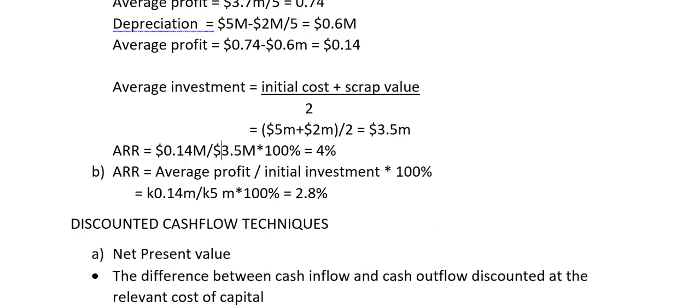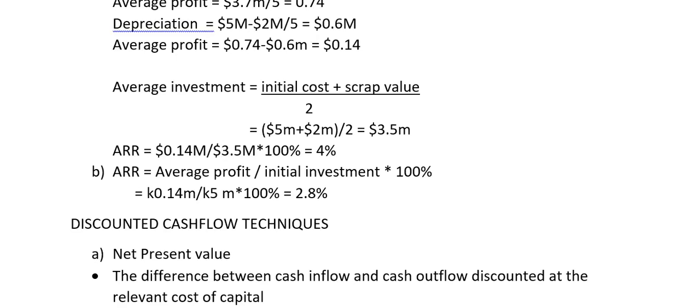Okay, so 4% is our return. So it means from this investment we are earning a return of 4%. Now, however, there's another formula for ARR which is not common, because the examiner sometimes can say calculate ARR